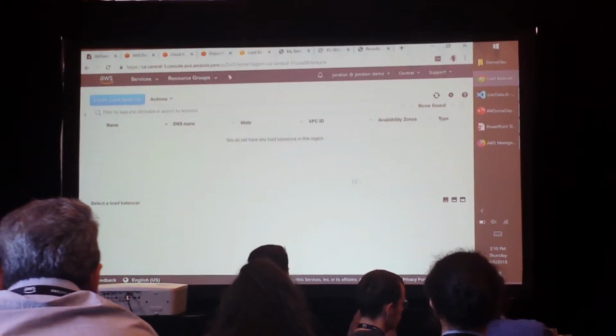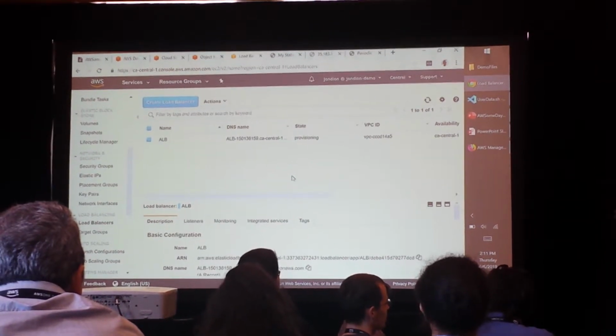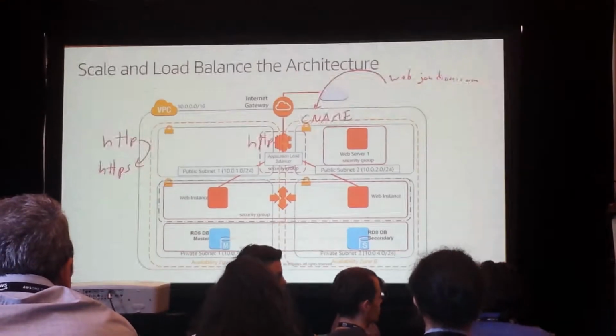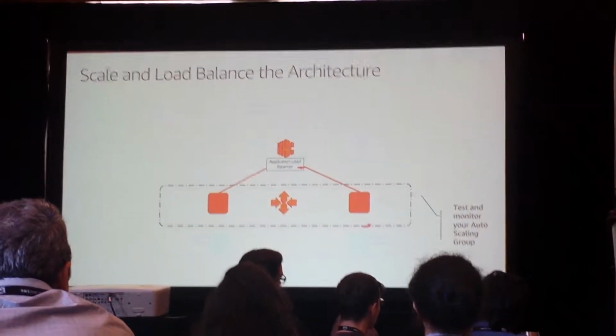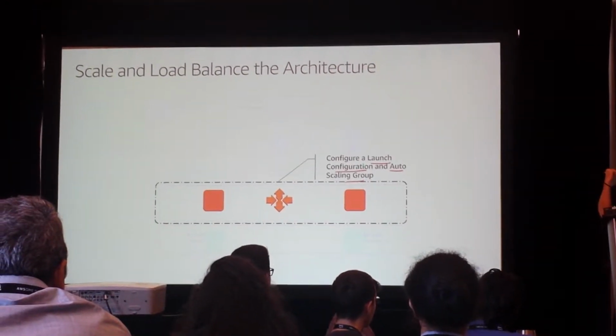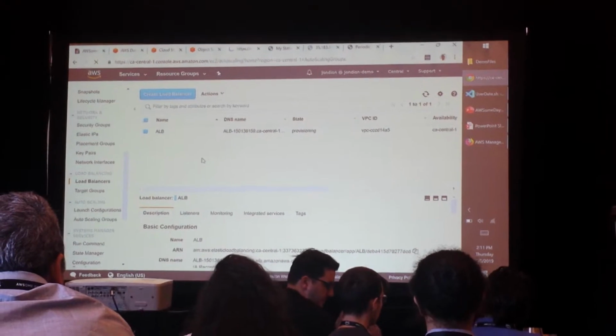The load balancer has now been created. Next step. I need to create the auto scaling group. But to create the auto scaling group, I need a launch configuration and an auto scaling group. If I try to go in the interface and I say, let me try to create a new auto scaling group,